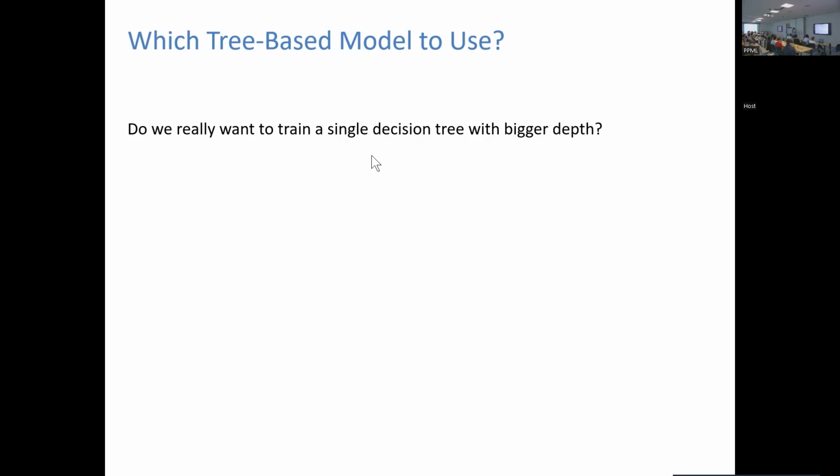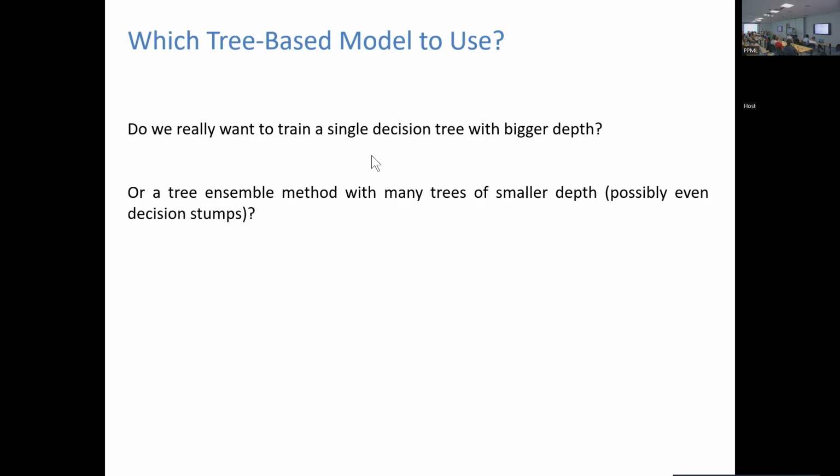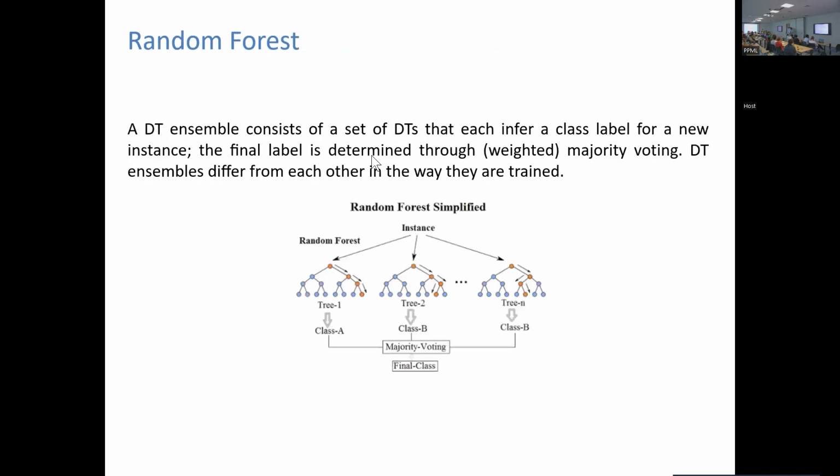So is it better to have one single tree of big depth, or would you prefer to have many trees that have a small depth? Sometimes even a depth of only one. So you have decision stumps instead of big decision trees with big depth. All these kinds of trade-offs you have to consider whenever you are trying to use these methods in secure solutions. These things that in the clear don't really matter make a huge difference whenever you are in the PPML context.